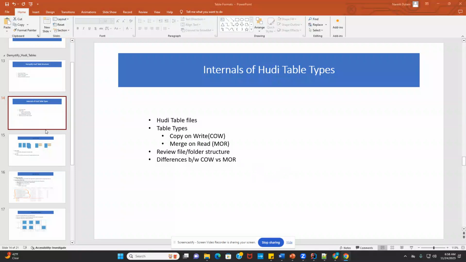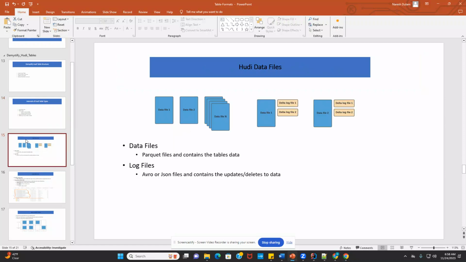Before we start, let's understand the data files used as part of Hudi. Hudi tables have two kinds of files. One is called the data files or the base files, and the other is called the log files. The data files are Parquet files that contain the actual data of the table,